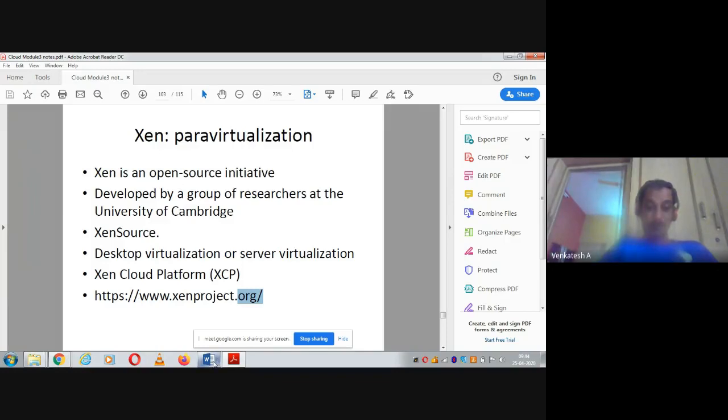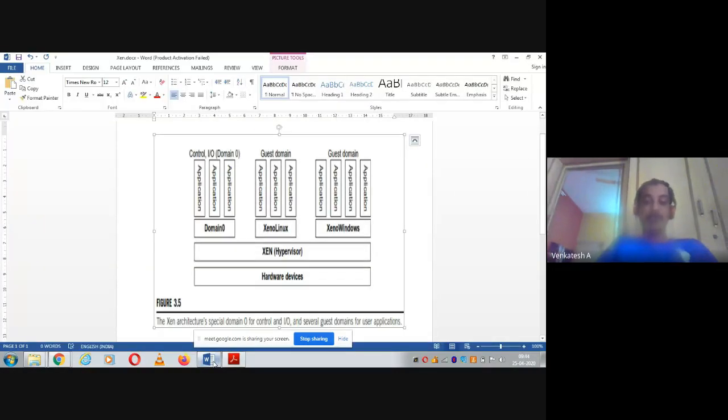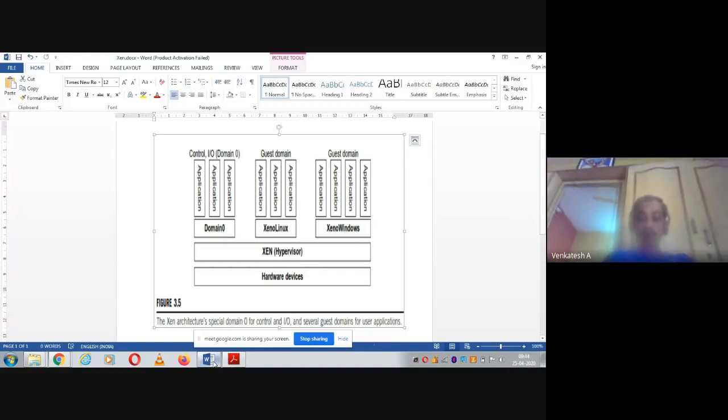Okay, so look at the architecture of Zen. Sorry, the architecture of Zen contains hardware devices in the lowermost layer. So that includes processor, memory, storage, RAM, networking, whatever the physical resources that are required.